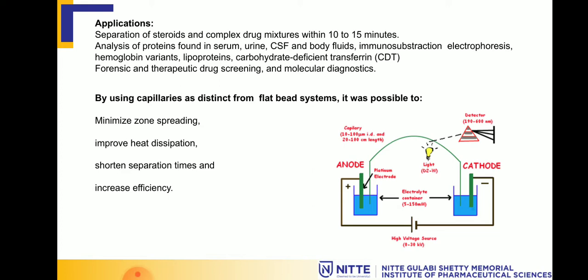Capillary electrophoresis helps us in many ways. What you find in zone electrophoresis is spreading, so the collection is not proper, or there is fusion between the separated cations and anions. This is minimized here. As for heat dispersion, zone electrophoresis is carried out in open space, so the loss of heat is very high. It is improved in the packed ones.